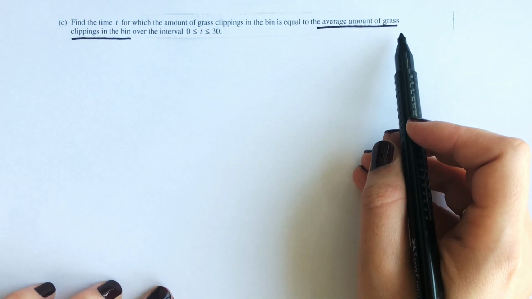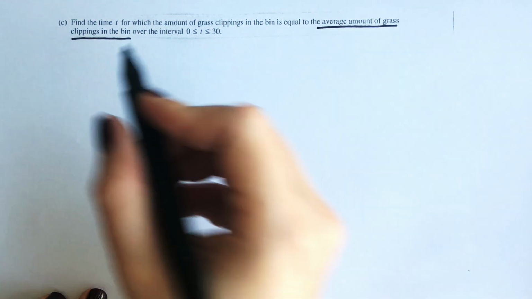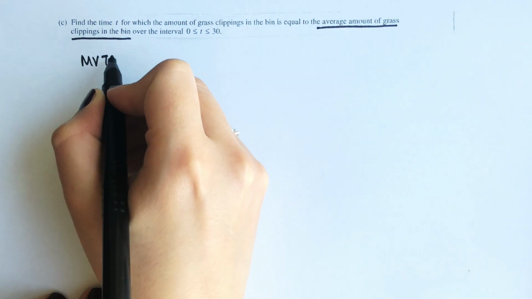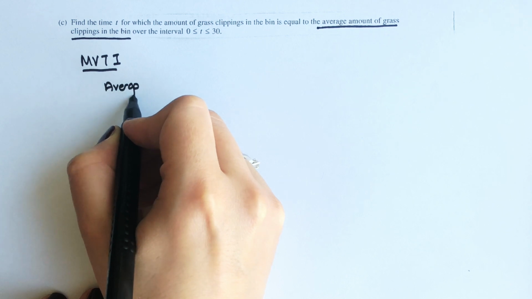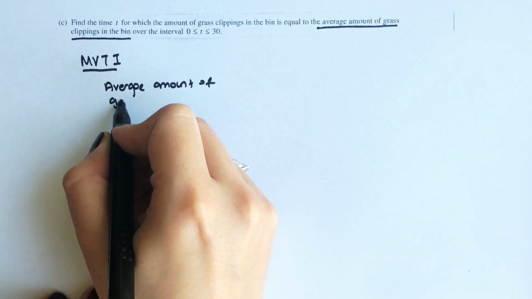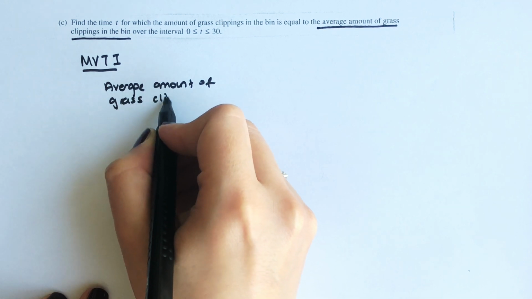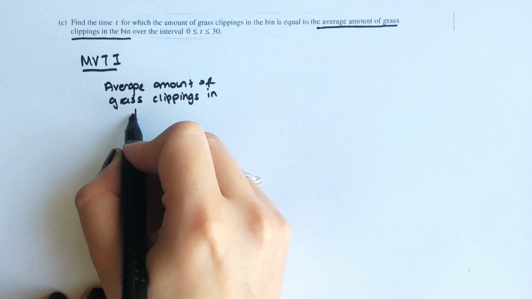The average amount can be found by the mean value theorem for integrals, which says that the average amount of grass clippings in the bin